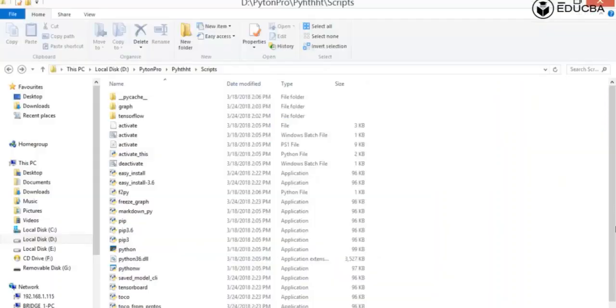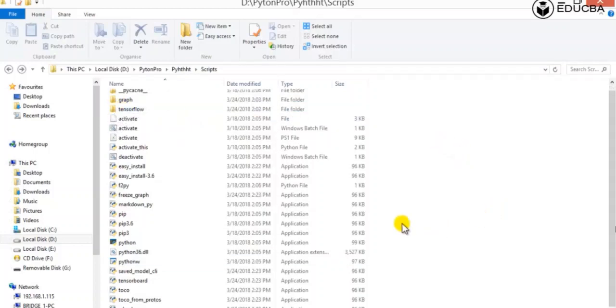Once the TensorFlow environment is created, in the scripts section you will get a folder named TensorFlow in your environment, and other related options of TensorFlow you can also get, like the option of TensorBoard. So we have TensorFlow in the environment, and we have all the features related to TensorFlow, that is TensorBoard. So this is the installation on the machine.